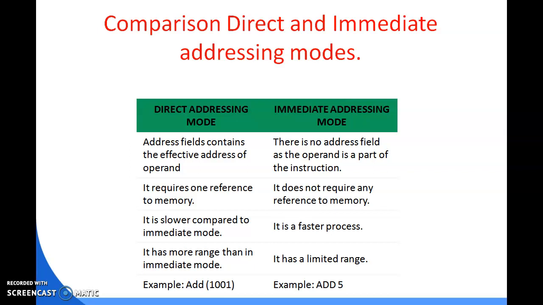But on the other hand, the basic principle of the immediate addressing mode is that you have to store both the instruction and your data within one location, which minimizes the storing area, or you can say this process is restricted for the storing area of the data. That's why you use the direct addressing mode. Though it is a slow process compared to the immediate addressing mode, its range of storing is much larger. Clear?